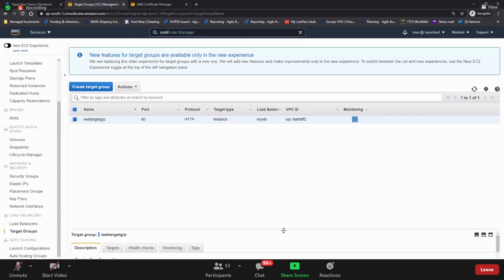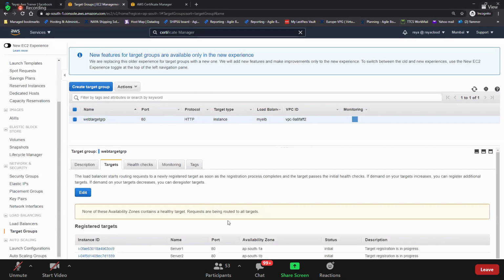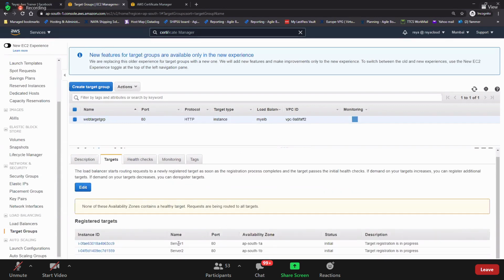Inside this target group, if you see the targets here, we have these 2 targets, server 1 and server 2, and the status of the targets is initializing. If you access the load balancer now, it will not work because the backend EC2 instances are still registering to the load balancer.